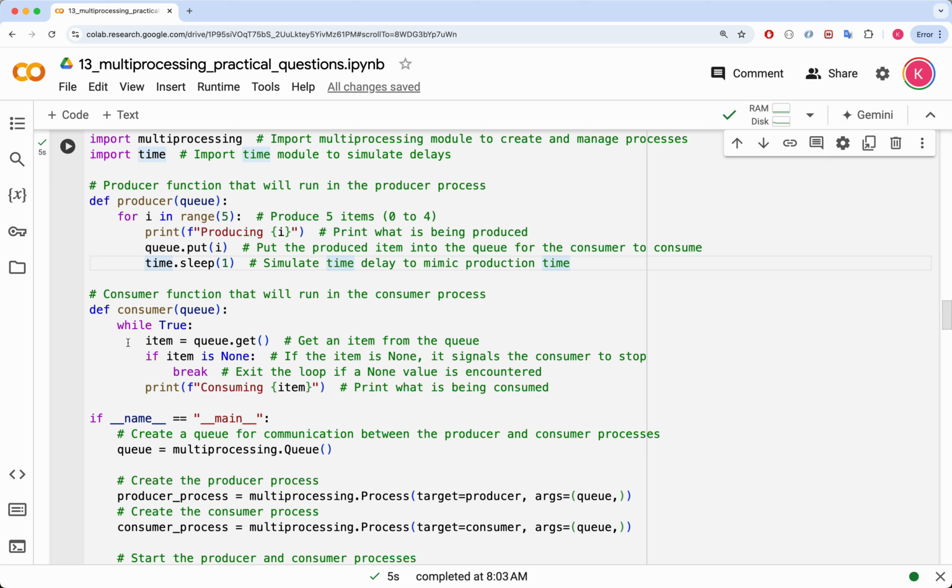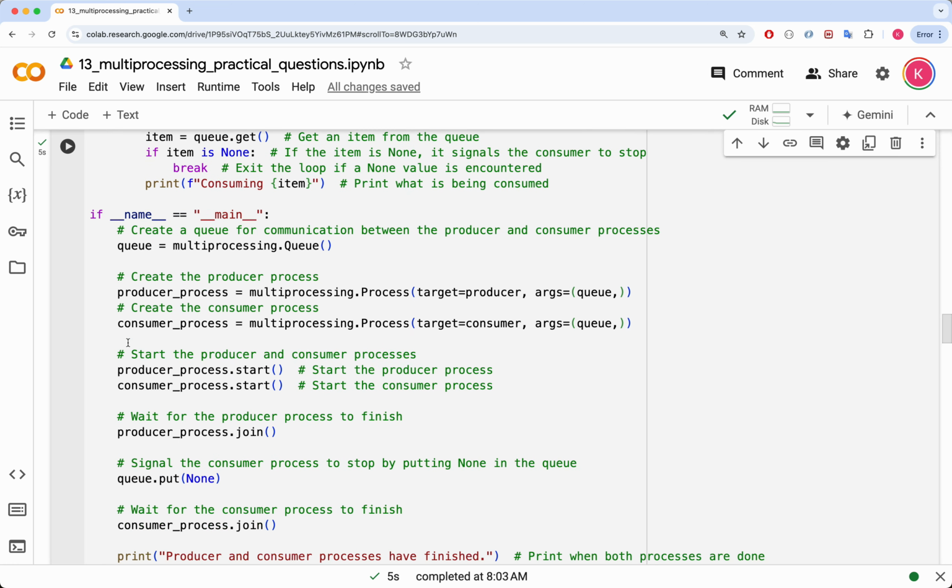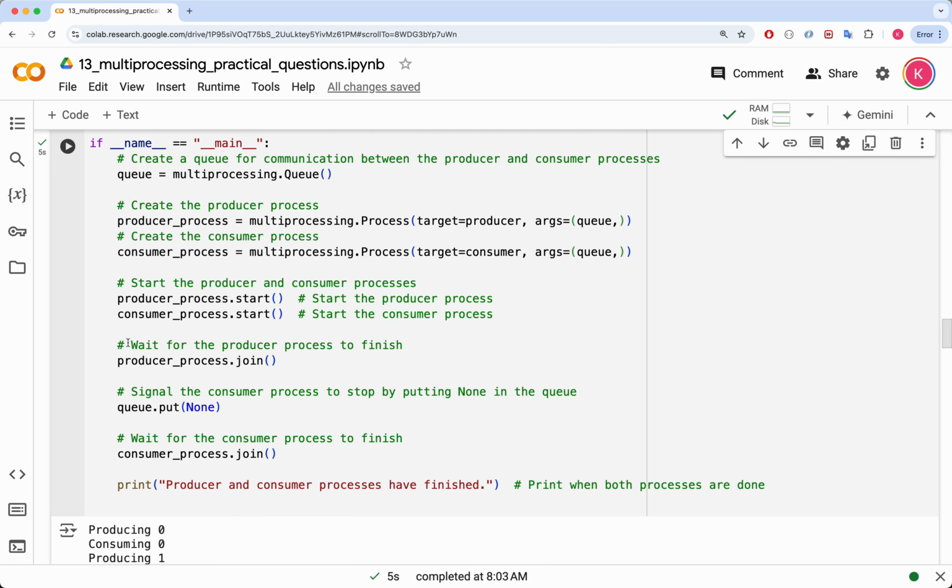The consumer continues consuming items until it encounters a None value, which signals that the producer has finished producing and the consumer should stop. The main process starts by creating and starting the producer and consumer processes using multiprocessing.Process. After the producer finishes generating items, the main process waits for the producer to finish by calling join on the